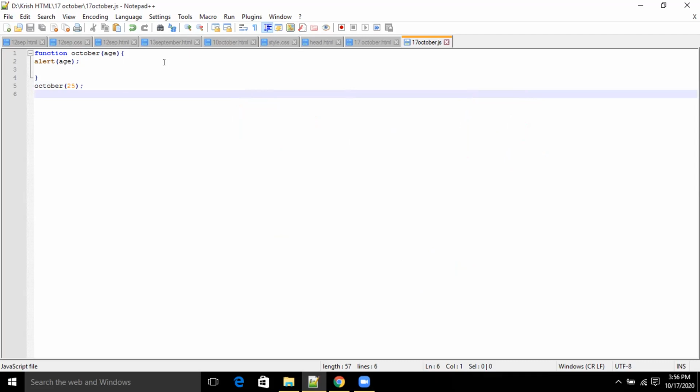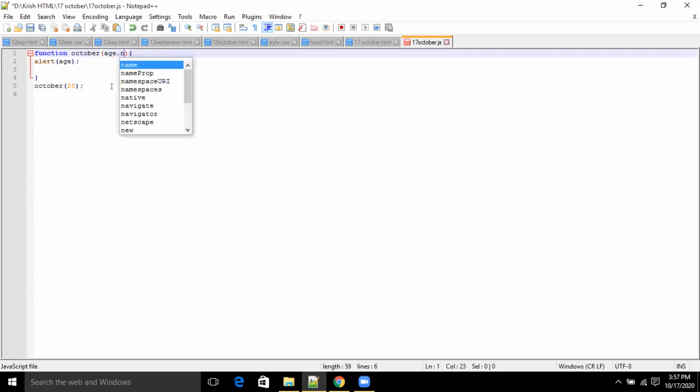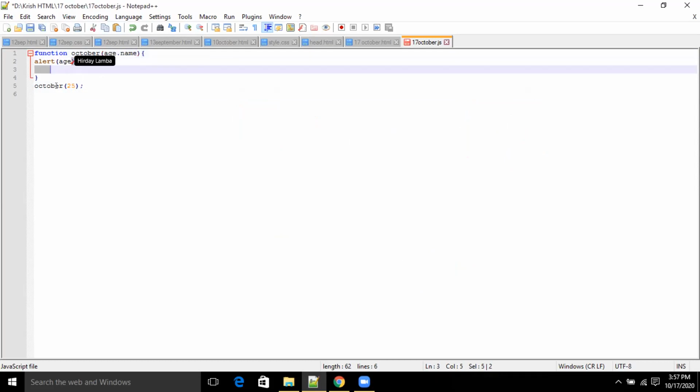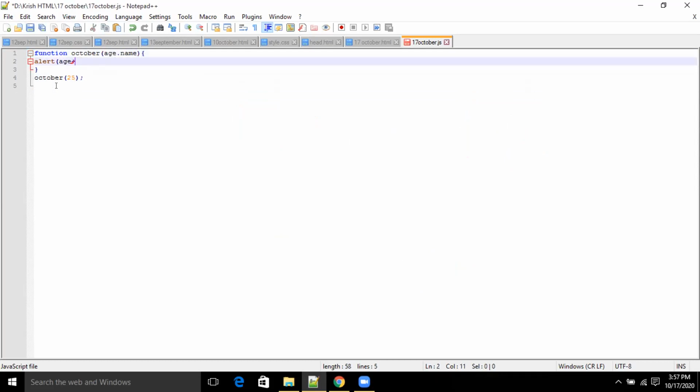Suppose I want to pass one more value. Can you put a comma over here? Age, comma, and say name. Then in the alert say age plus name.